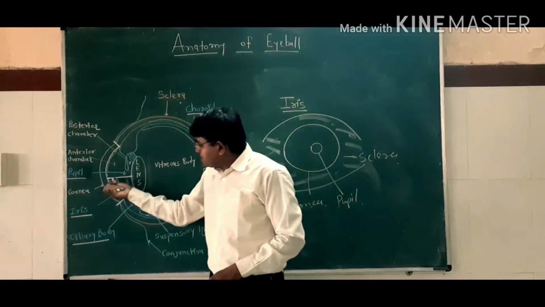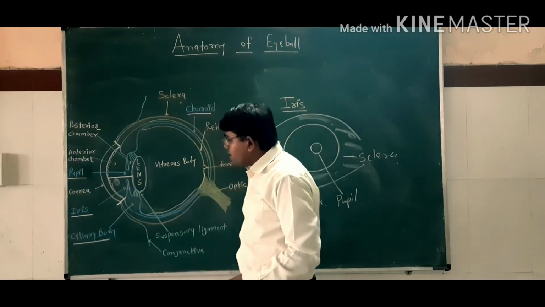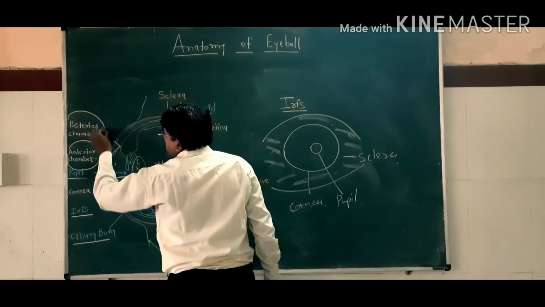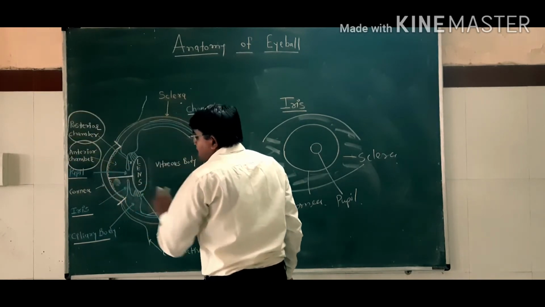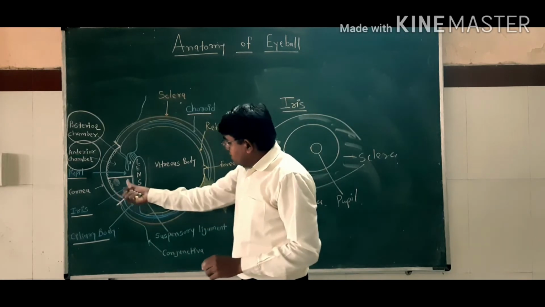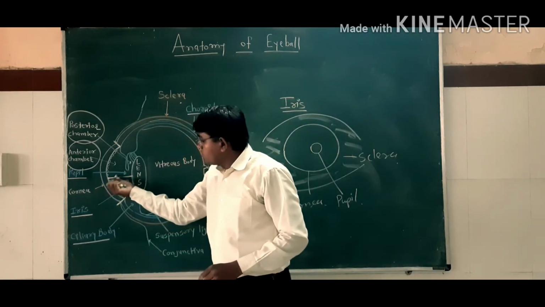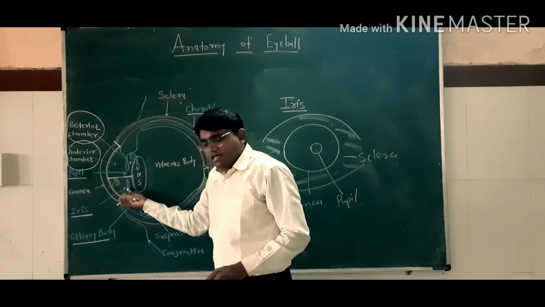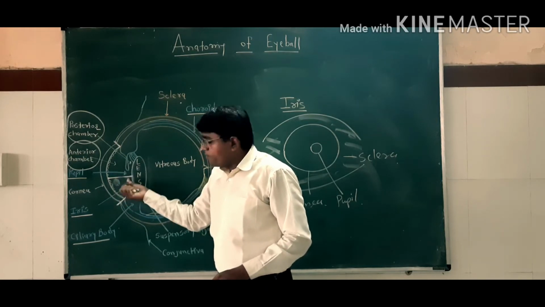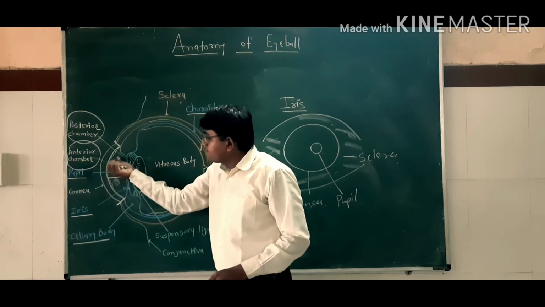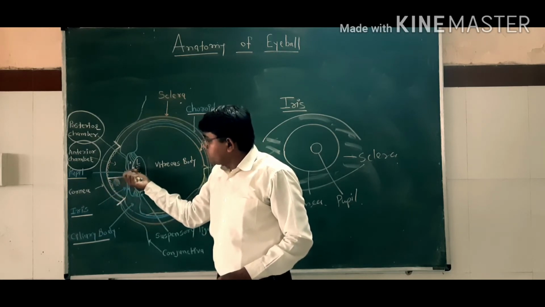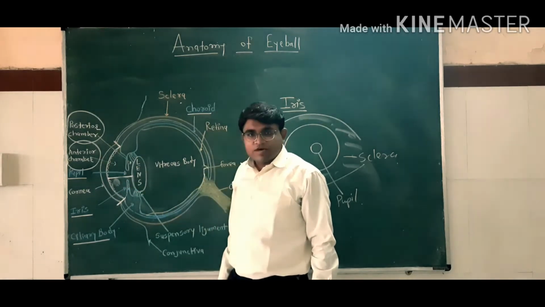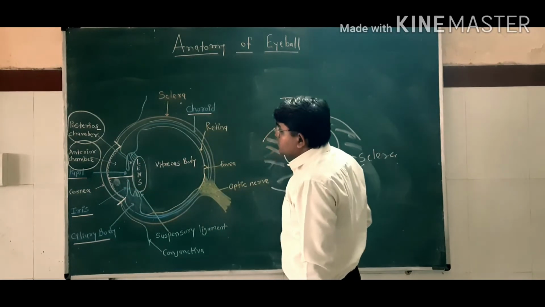Okay, but this anterior segment is further divided into the anterior chamber and posterior chamber by the iris. This whole structure is the anterior segment, but due to the presence of the iris, it is divided into two parts. The part anterior to the iris is the anterior chamber, and the part posterior to the iris, in between the iris and the lens, is known as the posterior chamber. Okay, now